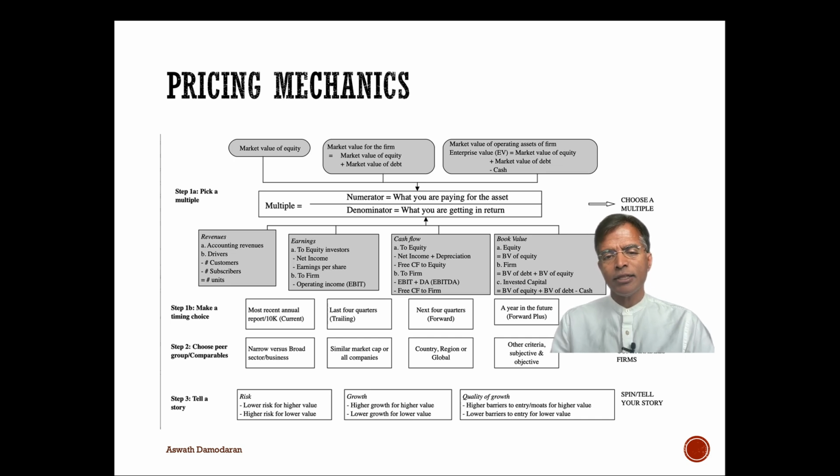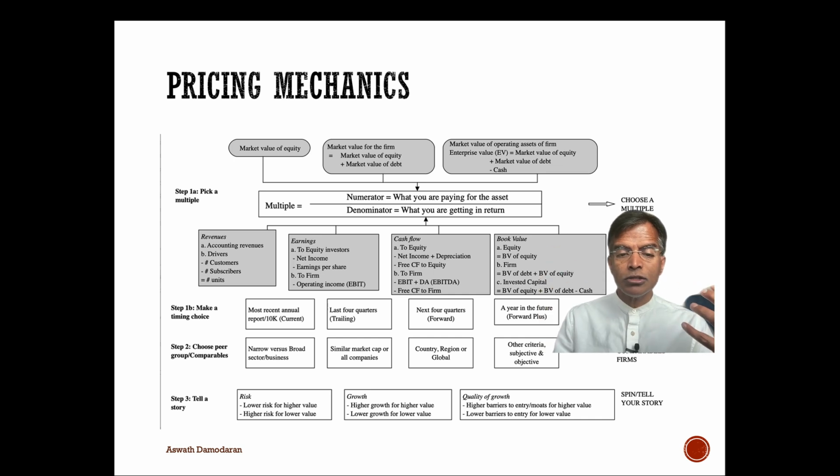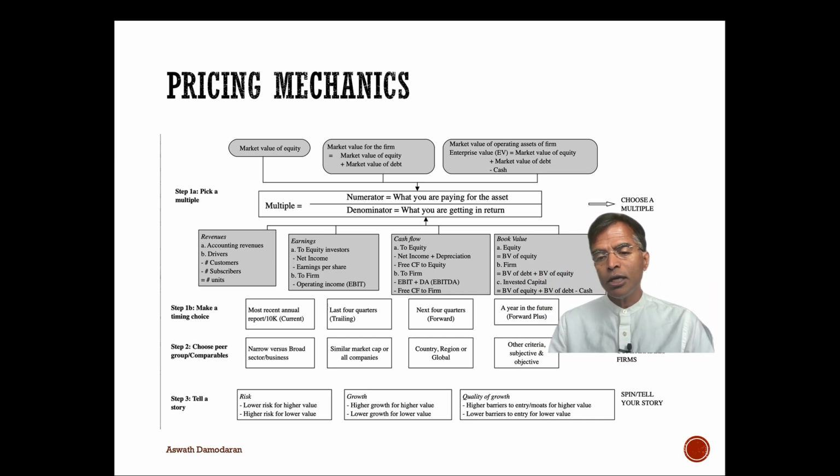Step two, you've got to make some choices on that scalar. What period are you getting that scalar from? Let's take earnings. You can divide the price today by earnings in the most recent fiscal year. You can divide price today by earnings in the last 4 quarters, called trailing earnings. You can divide price today by expected earnings in the next 4 quarters, forward earnings, or earnings in the year 2028 or 5 years from now, which is really, really forward earnings. So you have choices in terms of timing for the scalar.